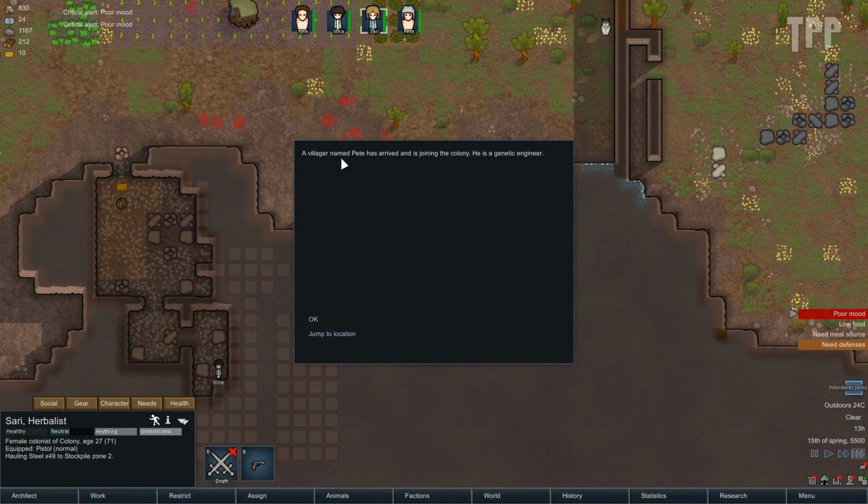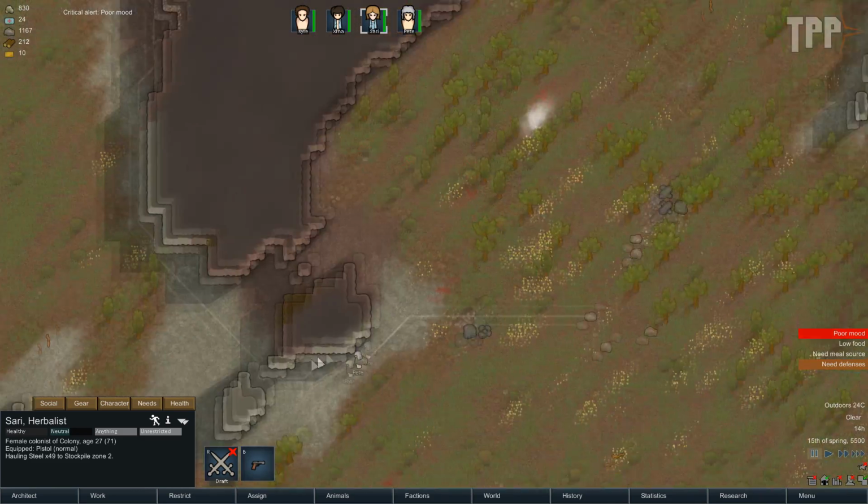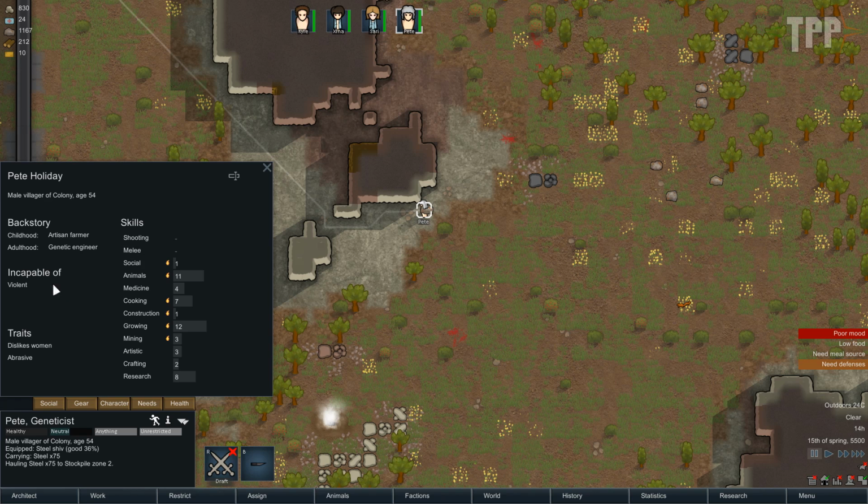Wanderer joins. A villager named Pete has arrived and is joining the colony. He is a genetic engineer. Pete, he's ready at work. Let's see what you are like. Incapable of violence, which could be worse. But fantastic at growing, fantastic at animals, and very good at research. He dislikes women though, and we have two in the colony. And he's abrasive. He could cause bother at some point, but let's...